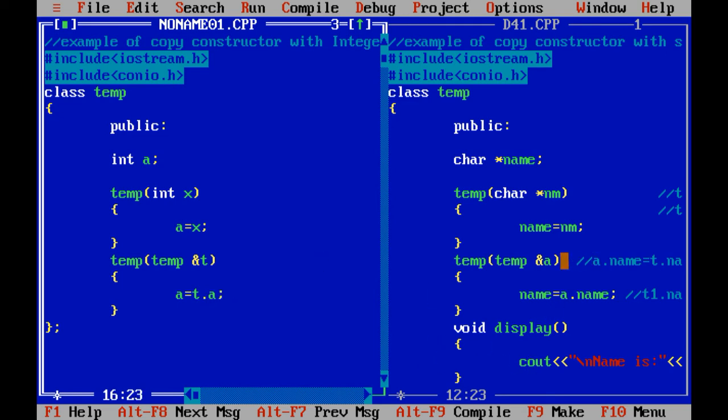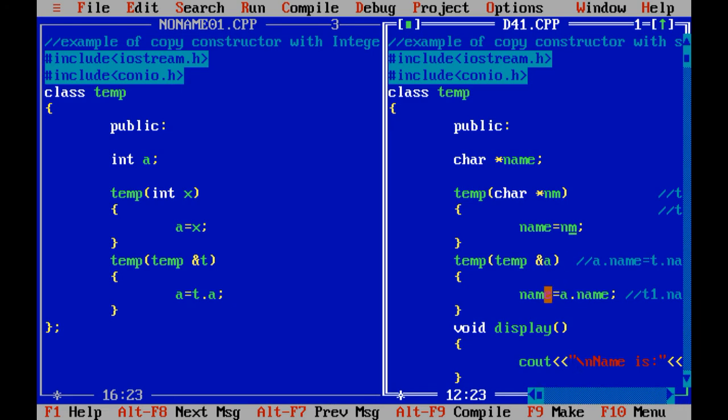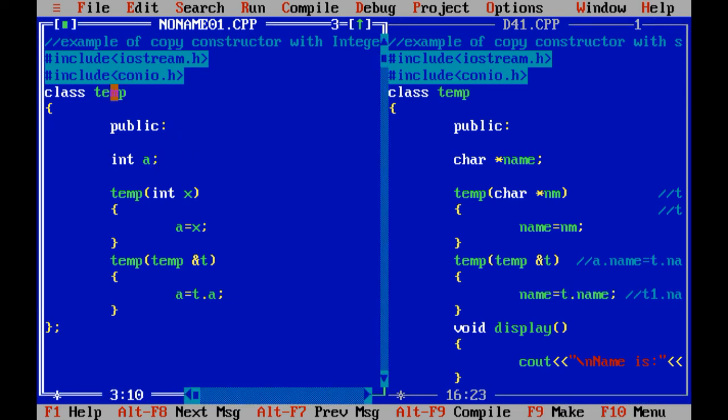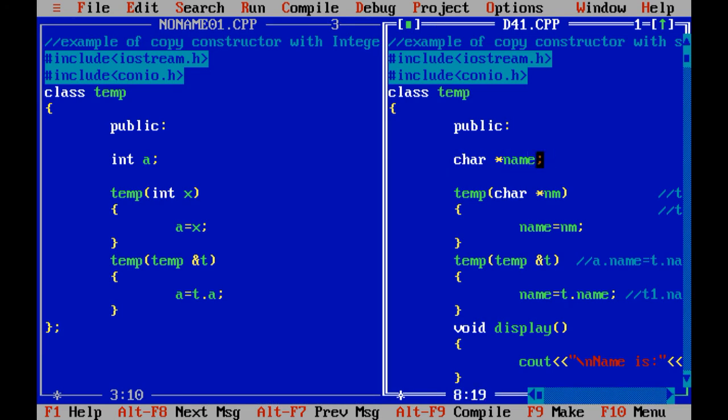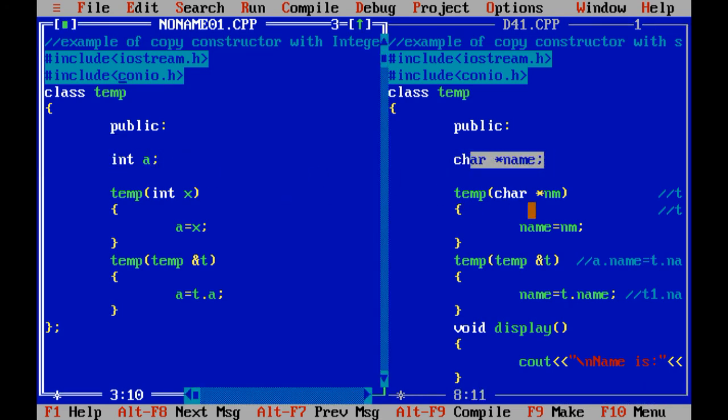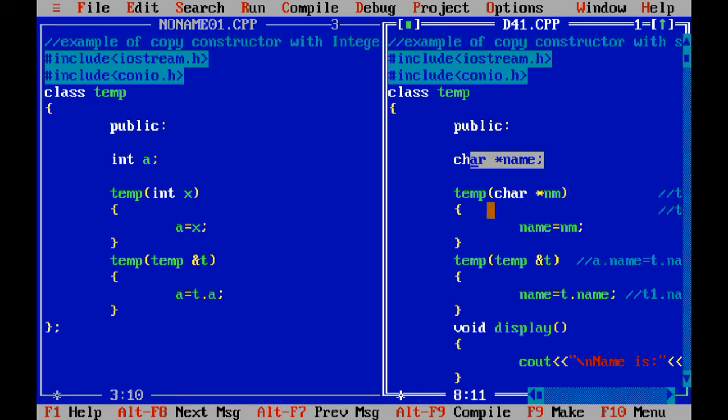If you people get confused, I am going to rename it over here also, t.c. This is the local variable of temp class. Over here we have taken name. Over here we have taken a. Over here we have passed a character argument.